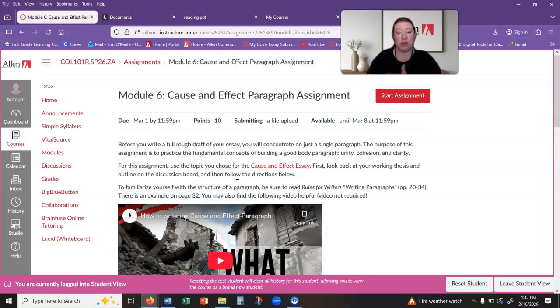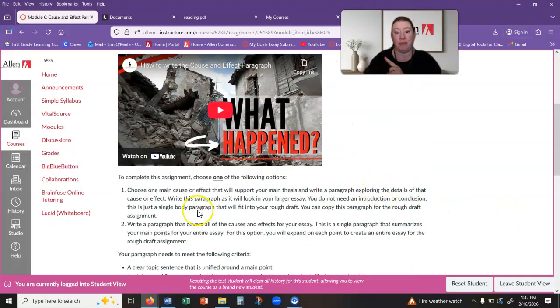So first thing you want to do is make sure that your topic is okay for your cause and effect essay, and then you're going to look back at your working thesis and write one paragraph of your essay. So you have 2 options for this. The first one would be to just write a paragraph over just one of your main points. So when you look back at your outline, if your outline is,